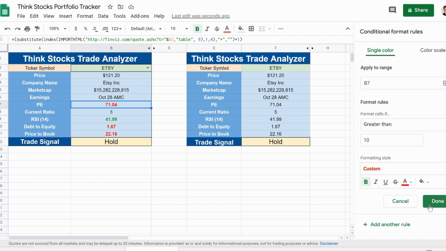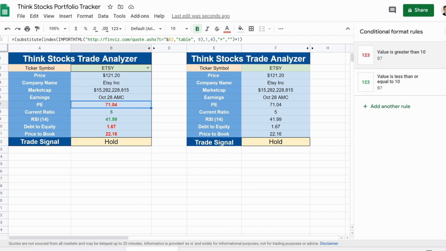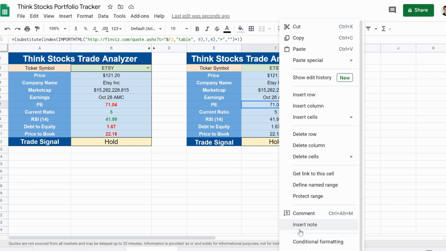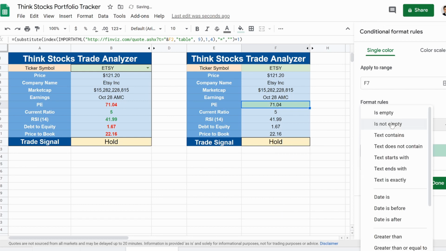You could throw a yellow in there because maybe you're okay between 10 and 15 for a PE, so you want between that 10 and 15 a yellow. It could be whatever you want. You could add as much conditional formatting as possible. It doesn't matter. So just to walk you through it really quick, conditional formatting, we're going to do